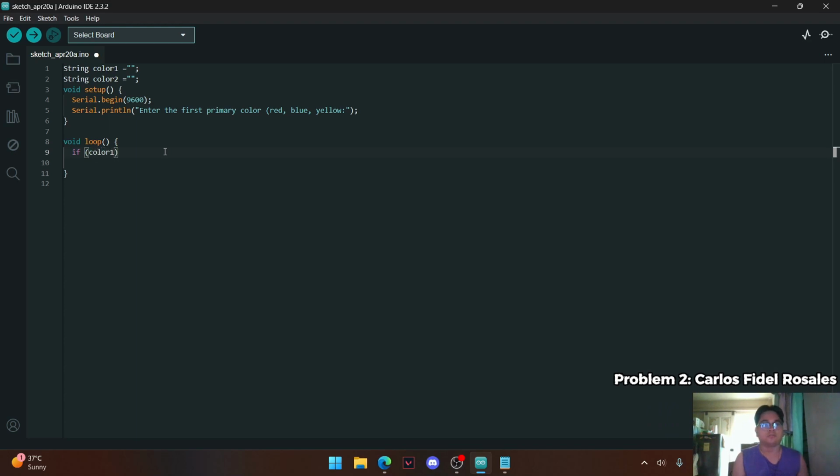If color 1 equals blank, and also color 2 equals blank. So inside the if statement, there's another if statement: if the Serial.available function is greater than 0,